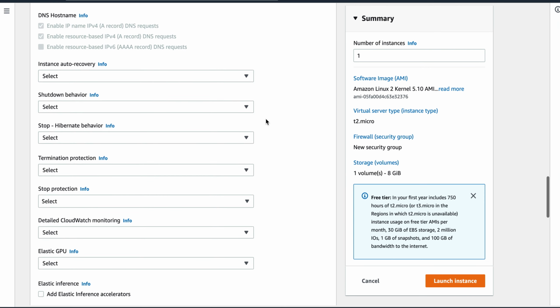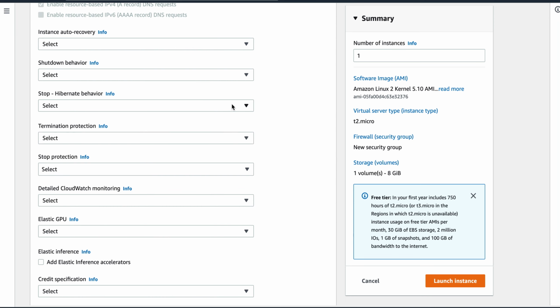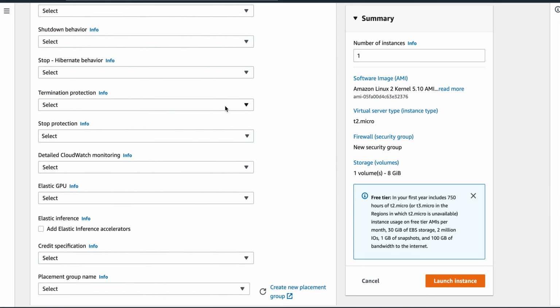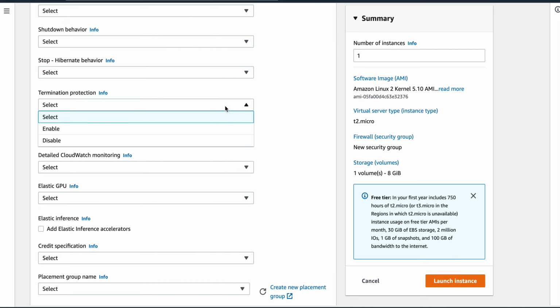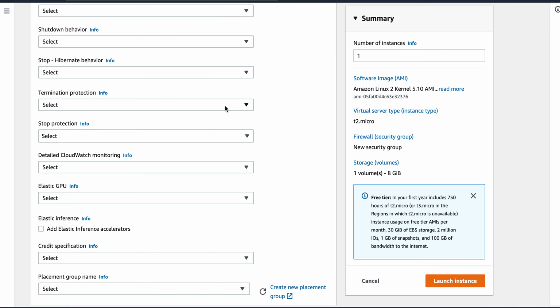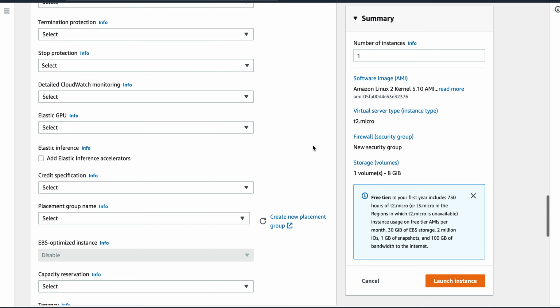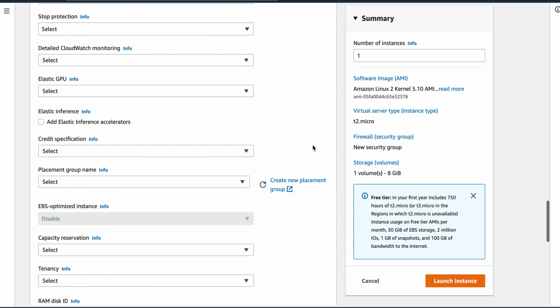And then do you want shutdown behavior? How will it be? Do you want to stop if it shuts down? Do you want to hibernate? Do you want termination protection? If you don't want the instance to be terminated by anyone, you can enable this stop protection and CloudWatch monitoring,